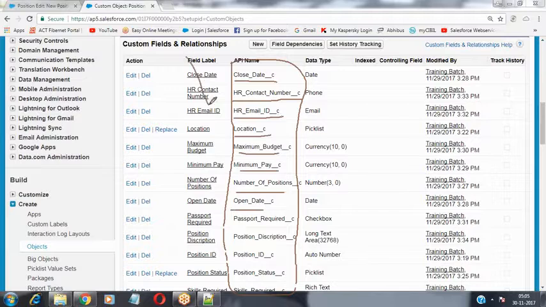So don't use the field labels, use the field names upon querying the data, because these are the names with which it has created the column inside our table. So we have to use these column names in order to query the data from your table programmatically. In the entire development or in future also through programming, if you want to query the data, we have to use these column names. Don't use the field labels. Field labels are only for the display purpose in the user interface. Field names are the actual column names inside the table.